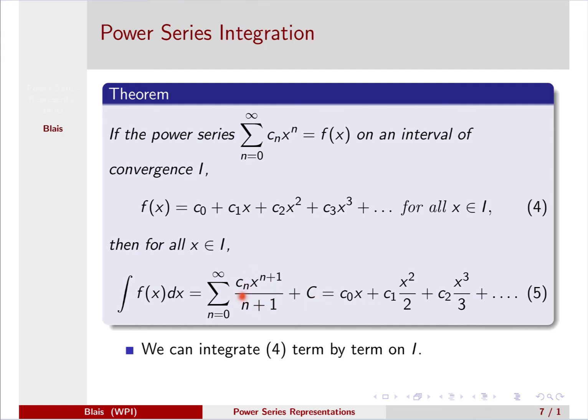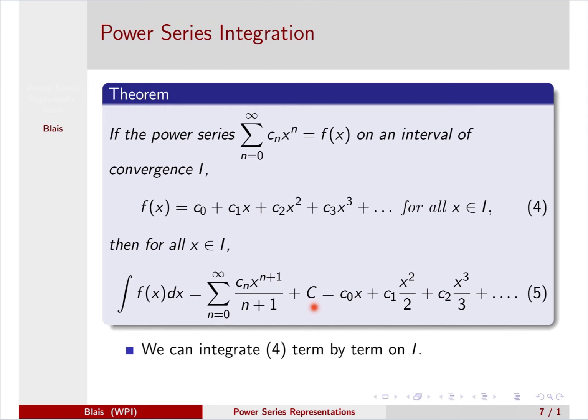And so you can see here the summand in our series is nothing more than power rule for integration applied to the summand here. So the constant stays. You increase the exponent by 1 and divide by that new exponent. So you get c_n, x to the n plus 1 divided by n plus 1